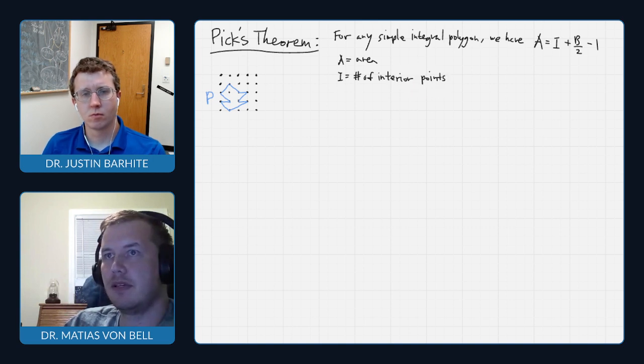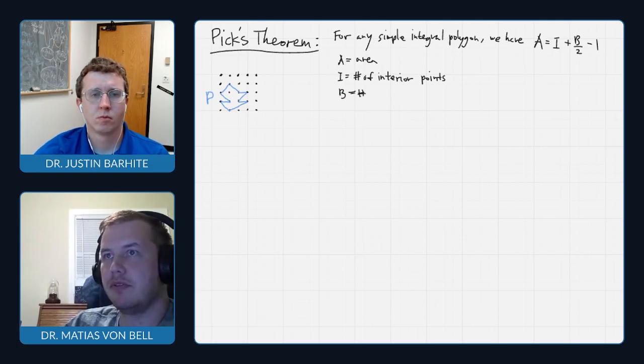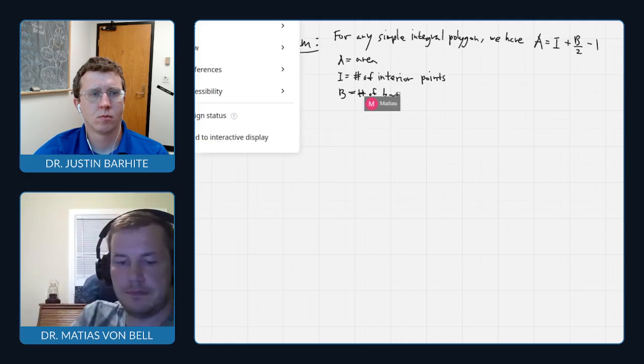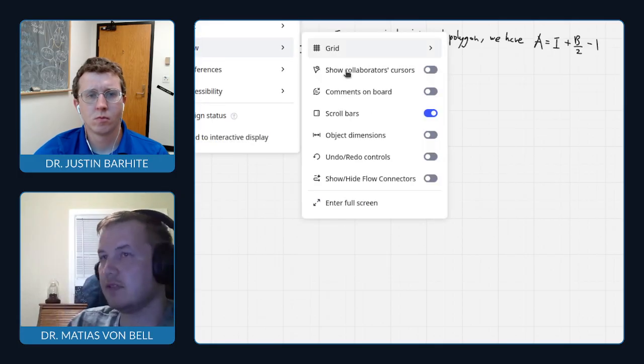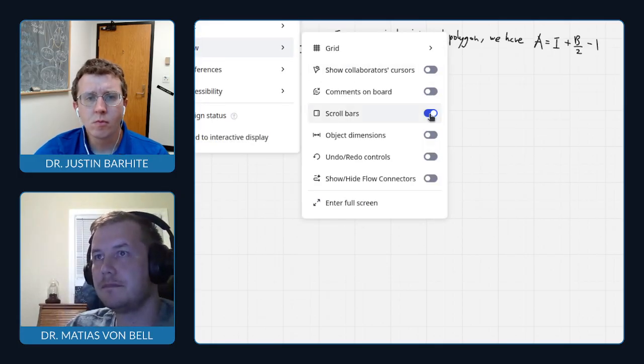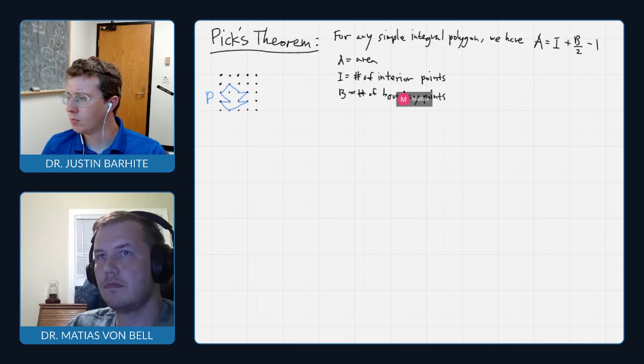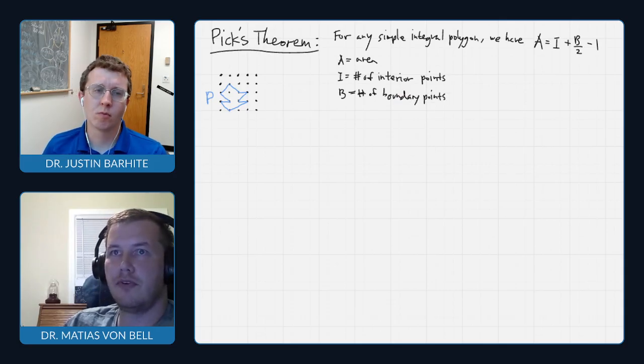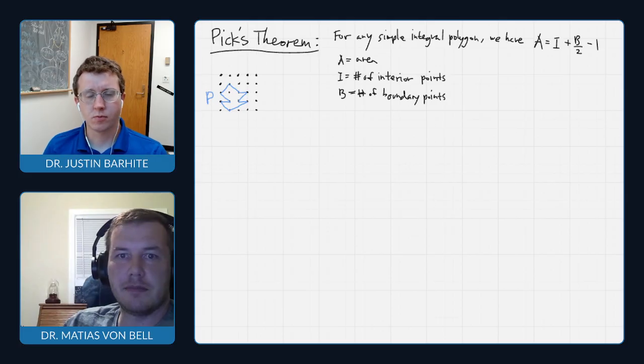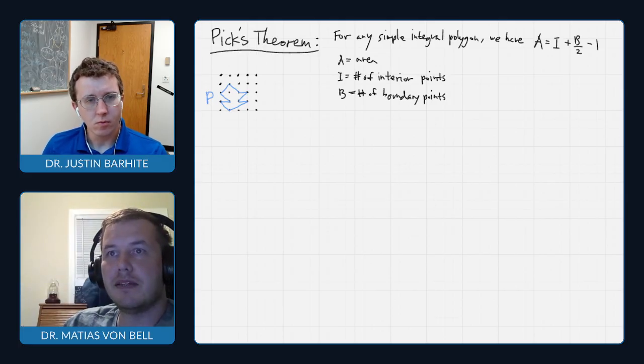That'll be clear. And then B is the number of boundary points. So, for example, if you look at this polygon P in blue on the left,